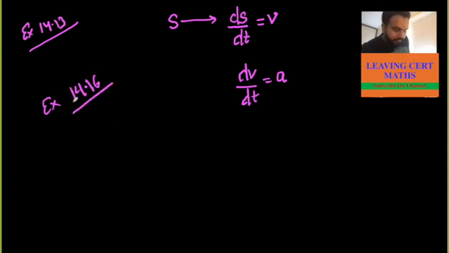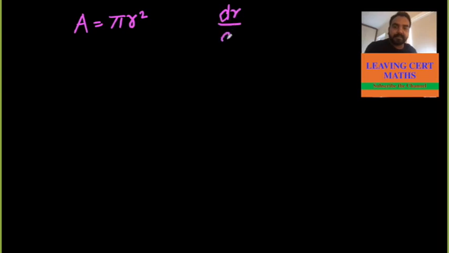Do you understand the question? They have given you area, and they have given you the rate of decreasing radius. Area is pi r square. First, what is given? Area is given, and what else is given? The decreasing radius, so is it not mathematically dr over dt, which is 0.5. This information is given.